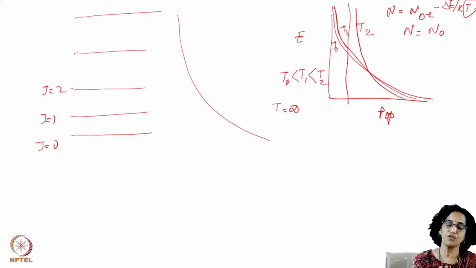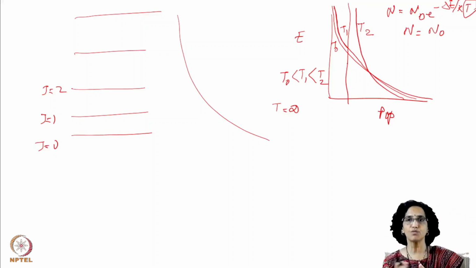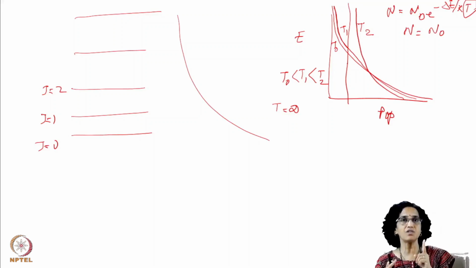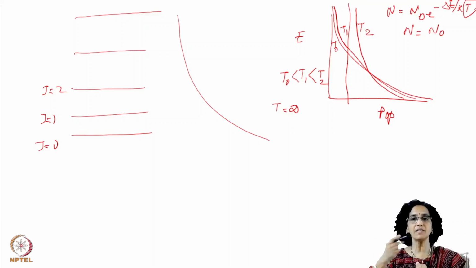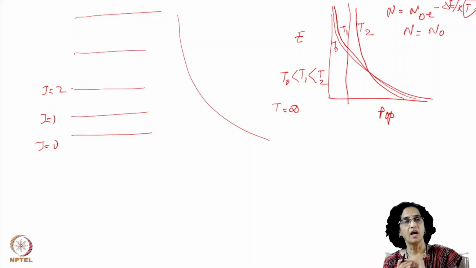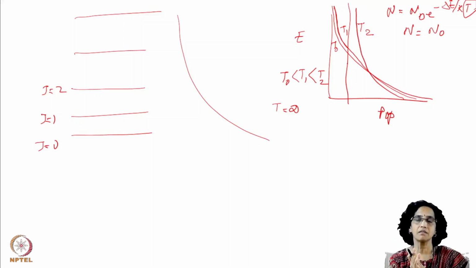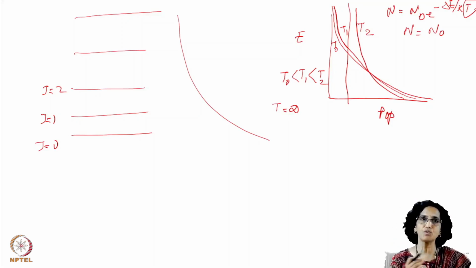However, in case of rotational levels, there is one more consideration that comes into the picture. When a molecule is rotating, there are several planes of rotation which are allowed. For a particular J value, that is for a particular rotational energy, several planes of rotation are allowed, that means different axes are allowed. They all have equal energy, and therefore that particular J level is called degenerate. That means there is a multiplicity.